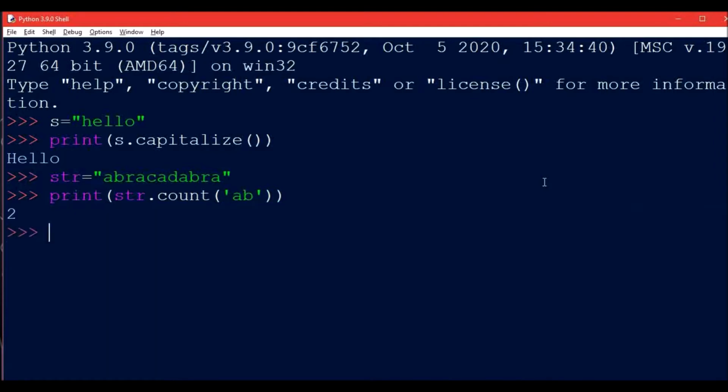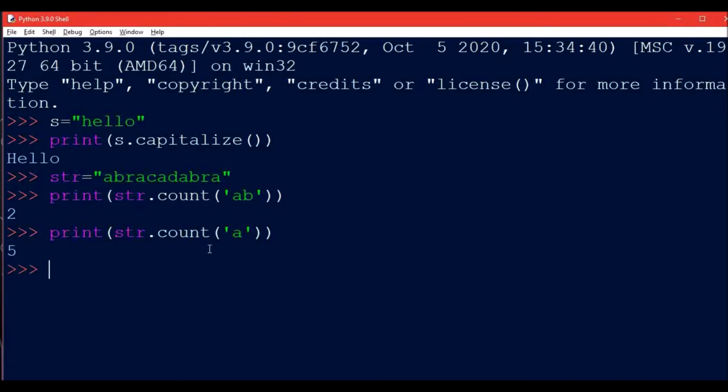So now I will get 2. Why are we getting 2? Because A and B are occurring together at 2 places. You can see this is the first place where the AB substring is occurring, and this is the second place where the substring is occurring. If I just write A over here instead of AB, then I will get 5.